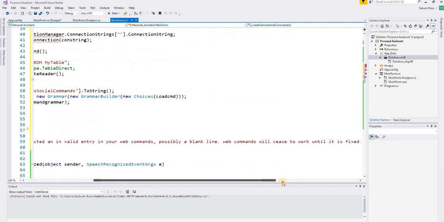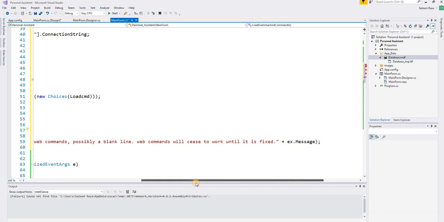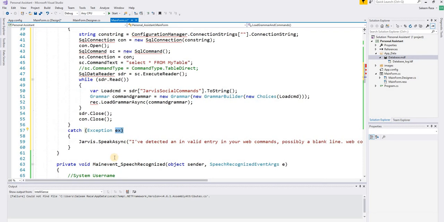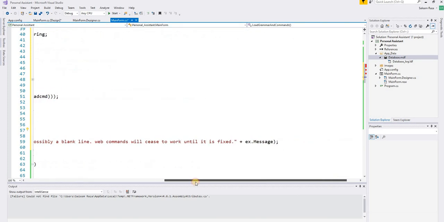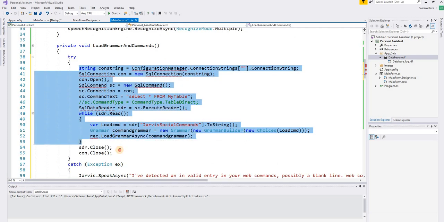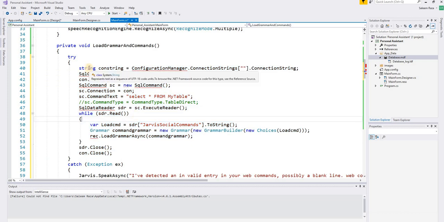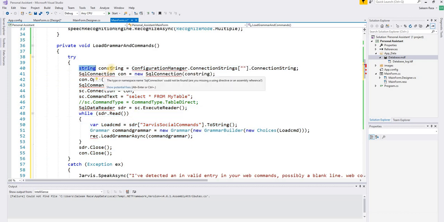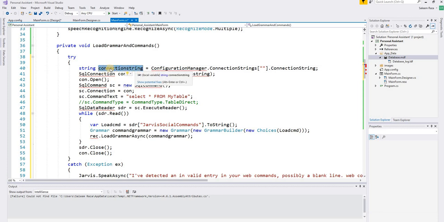Okay, the exception will appear not in a message box, but the synthesizer will tell us what the problem is in your C# code. Okay, it will tell us what the problem is in our C# code. Okay, first we are going to make a string. We are going to call it connection string, variable name connection string,